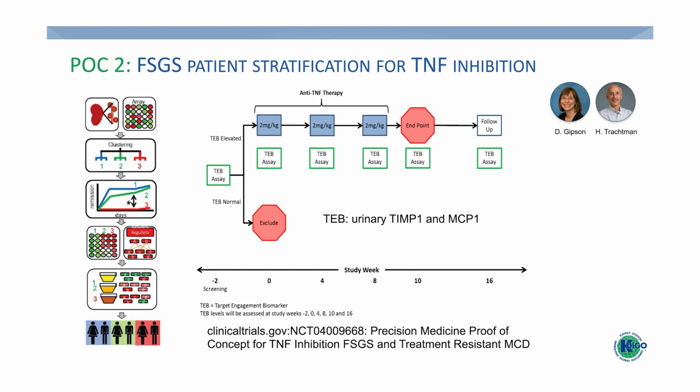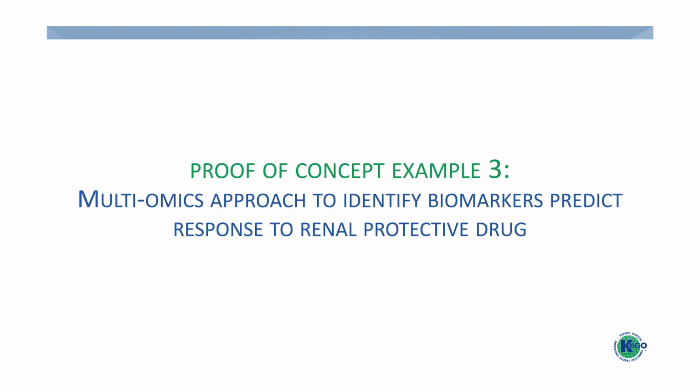In this trial, they recruited only those with high TNF, TIM1 and MCP1 scores, and then treated them with TNF inhibition, wanting to look at the biomarker changes and later associate them with longitudinal outcomes. So I'm going to move on to the third example, and that is the dynamic biomarker to